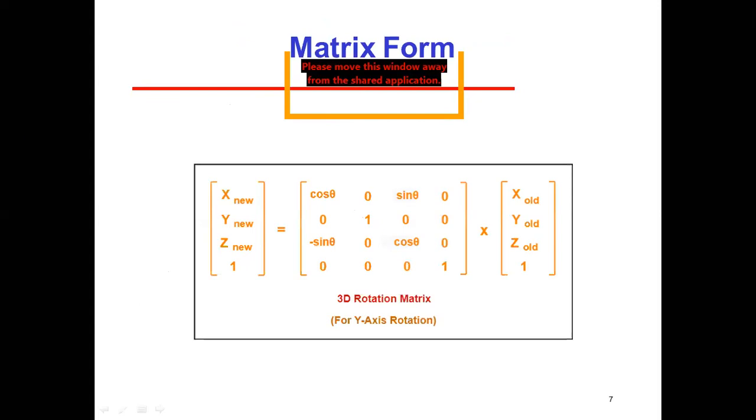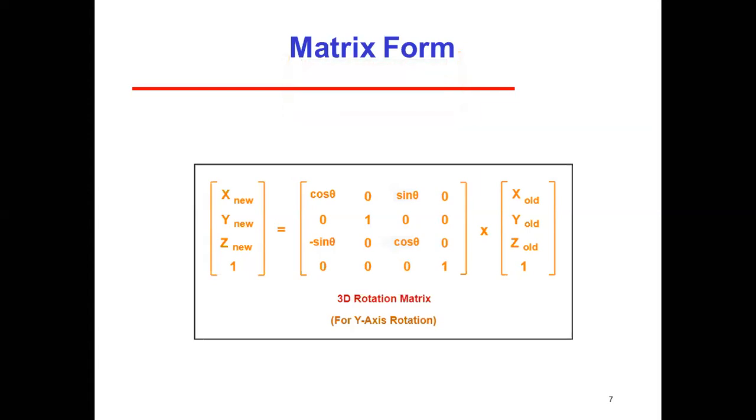Now you can see the matrix form for the 3D rotation. Now we can see x new, y new, z new, 1. We write the same thing because we are going to calculate the values of x new, y new, z new, meaning the new coordinates, or we can say x dash, y dash, z dash. Okay, so you can remember by using any nomenclature. So here you can see cos theta 0 minus sin theta 0, 0 1 0 0, sin theta 0 cos theta 0, and 0 0 0 1. Again we will write here x old, y old, z old, 1.